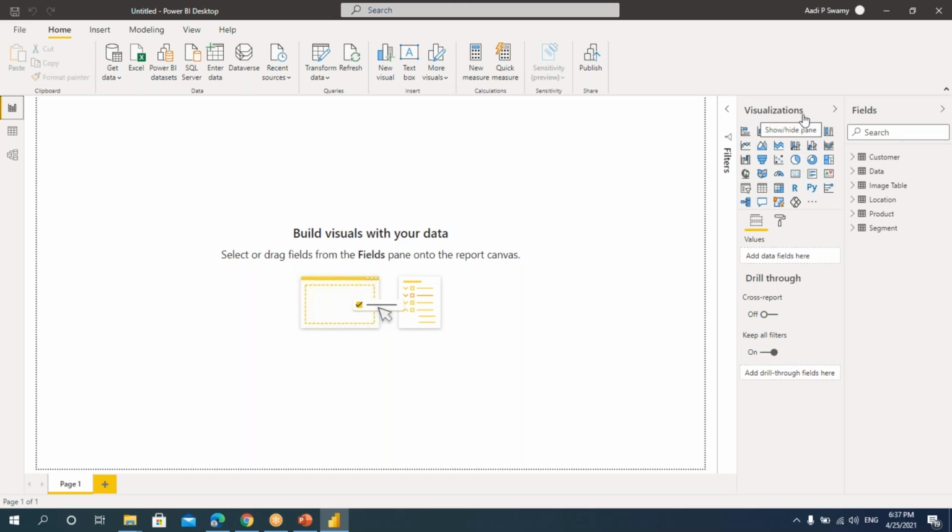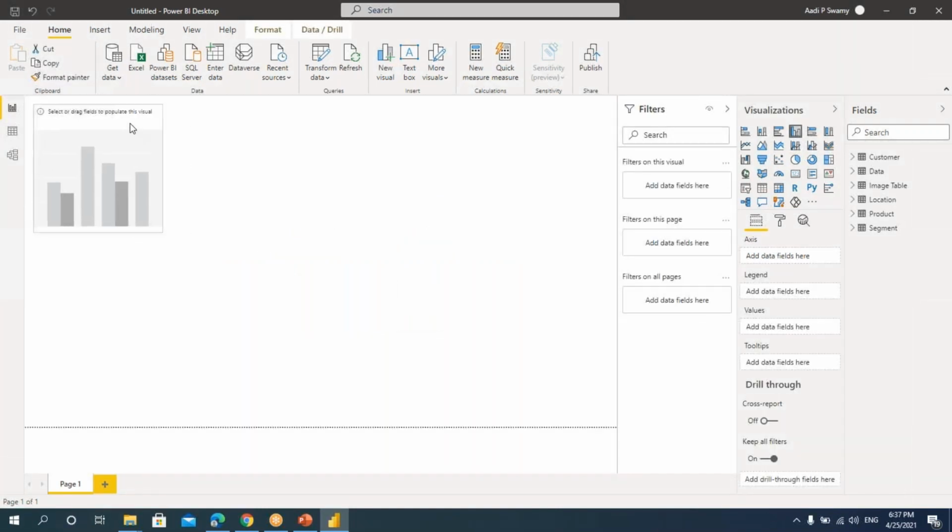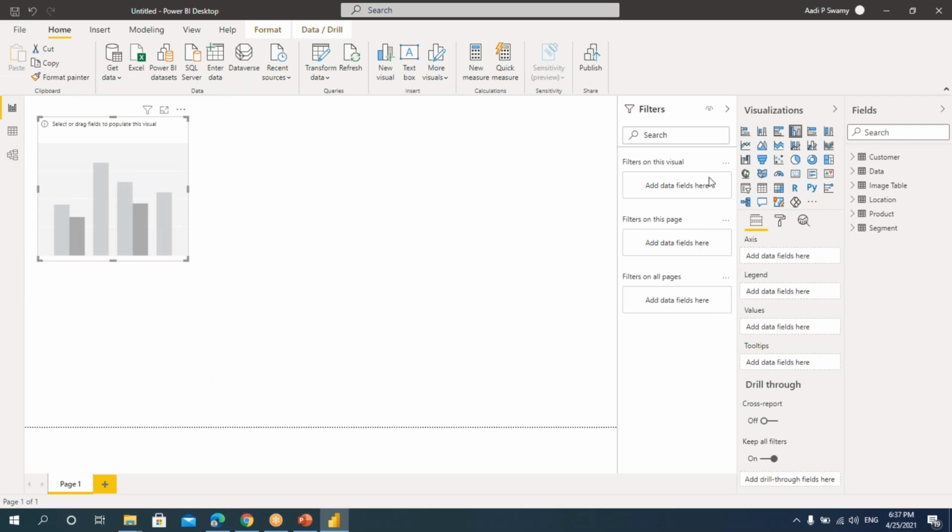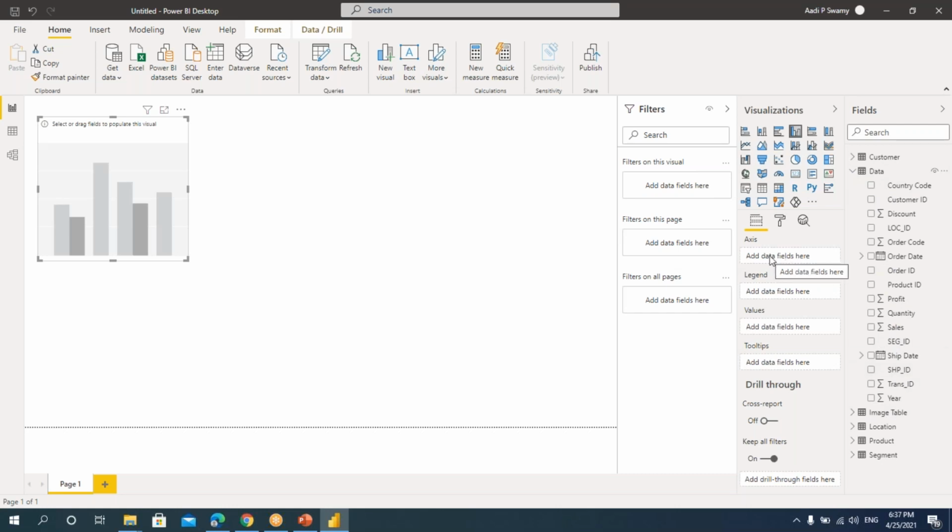If you see, I have this visualization tab. I can just click any of the visualizations, and I'll get one visualization here. In this case, I'm trying to create a column chart. Likewise, there are so many different charts. Let's go to this data, and here I have the columns. I can just drag and drop. It is exactly like the pivot table. So likewise, we can just drag and drop here. Let's take the sales column.